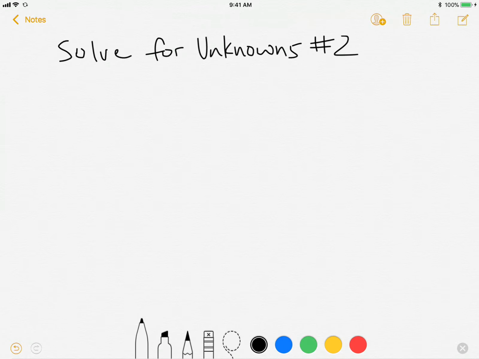This morning we're going to solve for unknowns, and I'm calling this lesson number 2 because we've already done this one time, and now we're going to add in something a little bit trickier, a little bit more complicated, but I know that you're up for the challenge. So we have been doing problems like this: